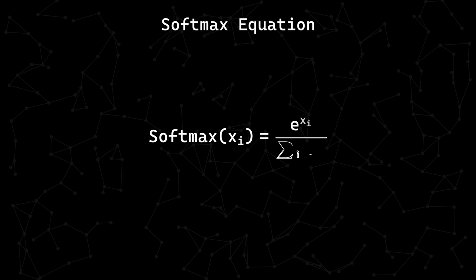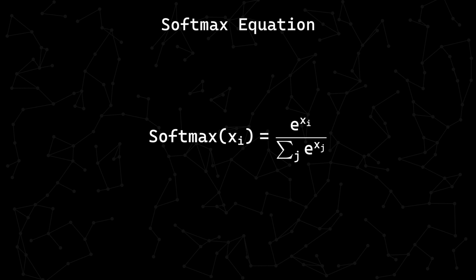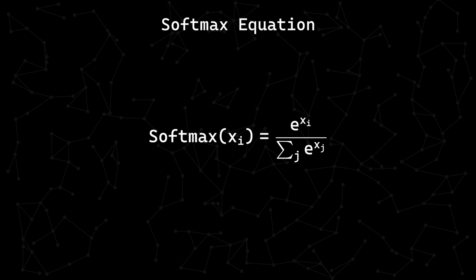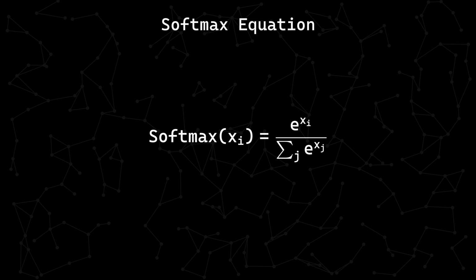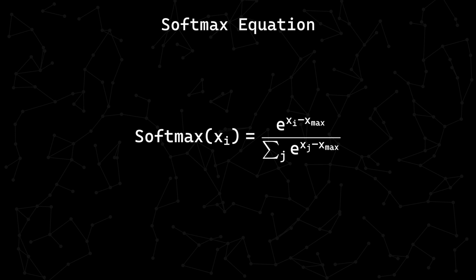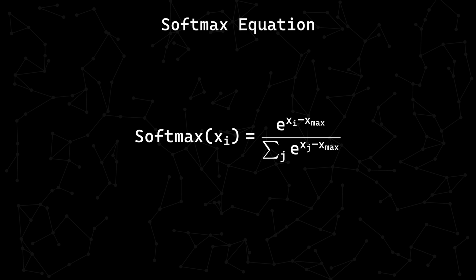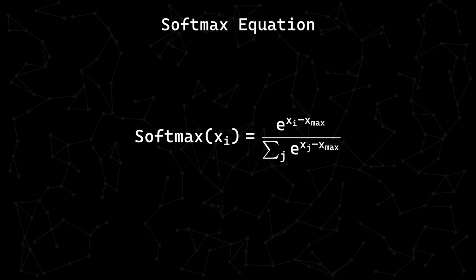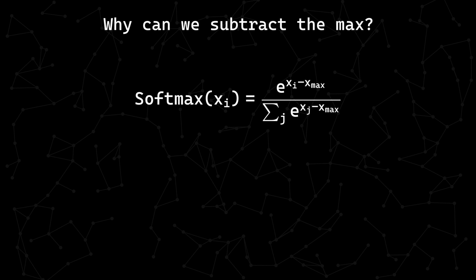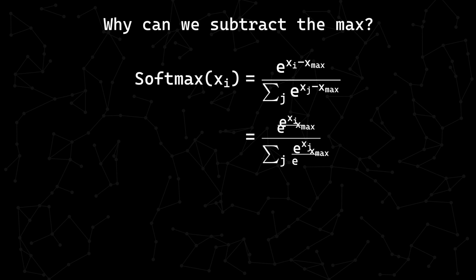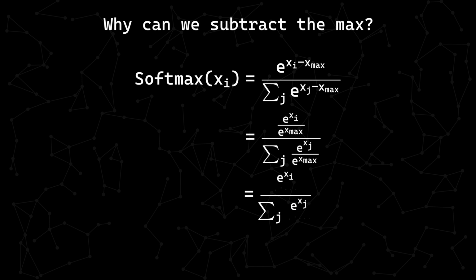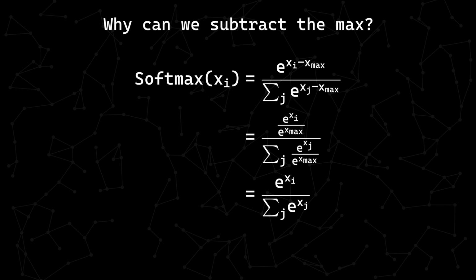This is the equation of the softmax. It takes in an input vector, raises e to each of the elements, and divides everything by the sum of the exponentiated elements. One thing to note though is that due to the risk of overflow, we'll actually subtract the vector's maximum value from all the elements. If x is equal to 12, we've already exceeded the max value for float 16 of 65,504. This doesn't change the output though, because a subtraction in the exponent is just equivalent to dividing by the base raised to that second number. So we'd just be dividing the numerator and denominator by the same value.